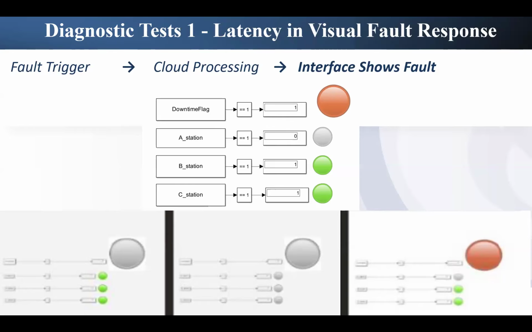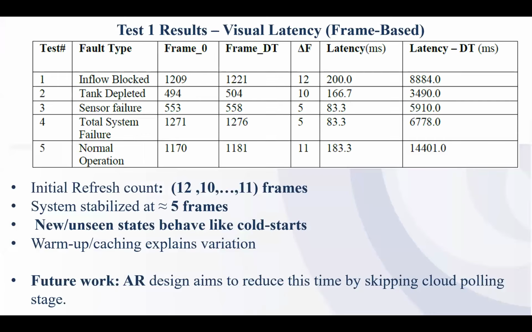Latency is also calculated using timestamp differences for validation across tests. However, for this test, visual perception is the primary metric. 60 frames per second was the highest stable recording rate available and provides sufficient precision for the observed 100 to 200 millisecond refresh changes. In test 1, the visual latency drops from roughly 12 frames to about 5 frames as